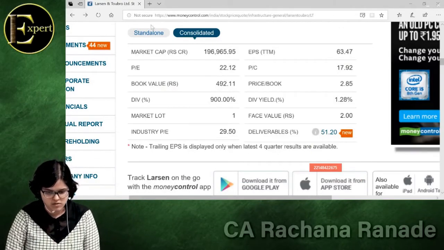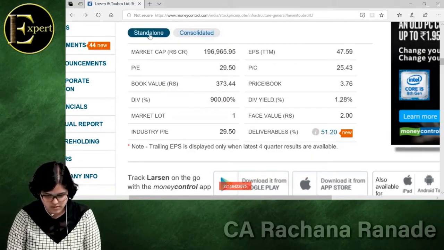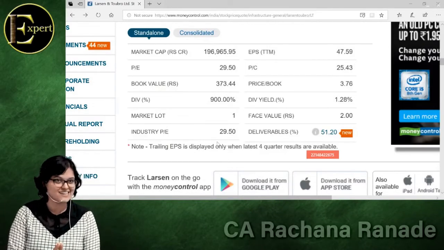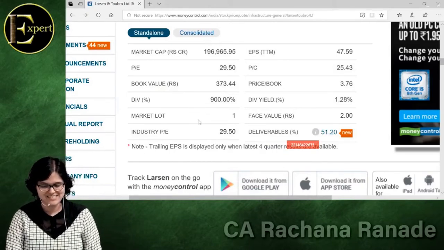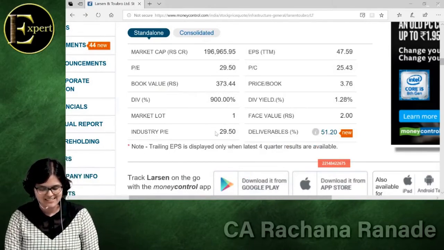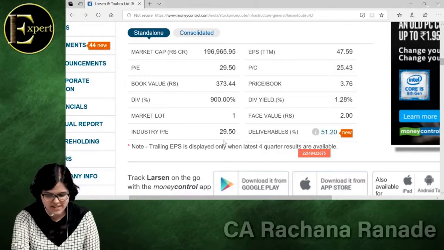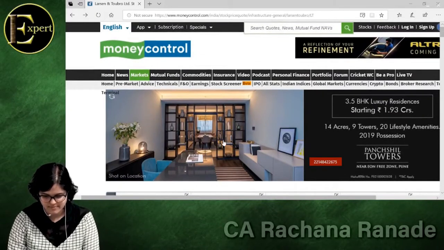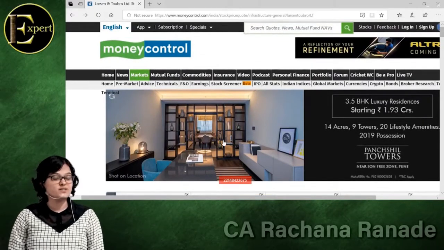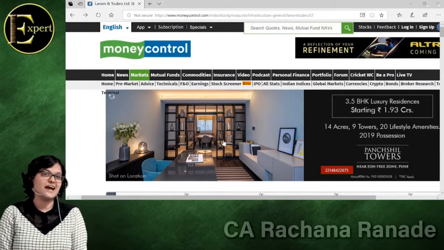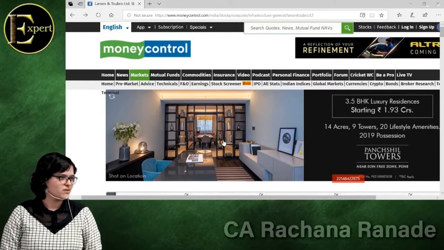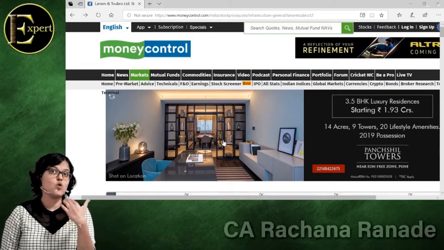This is standalone. Achha, oh, sorry. This is consolidated, is it? Oh, now it is same. So कैसा interpretation change हो गया? For standalone, it is 29 and industry PE is also 29. We'll just check for BHEL because that was also one of the peer, na? So in simple words, for this, it's like at par. Maybe cheap, maybe expensive. For that, then we'll have to compute what could happen after 1 year.